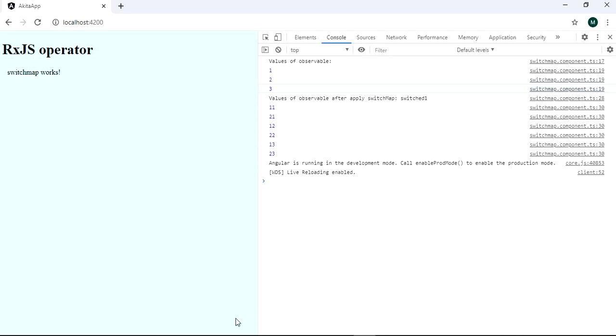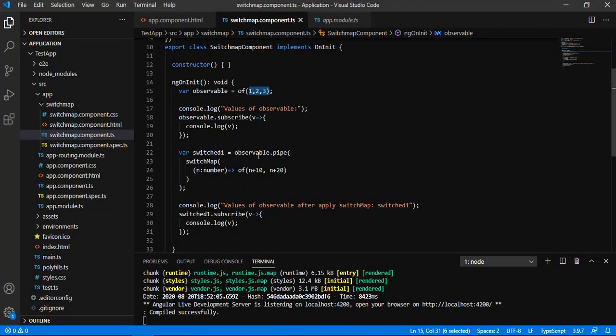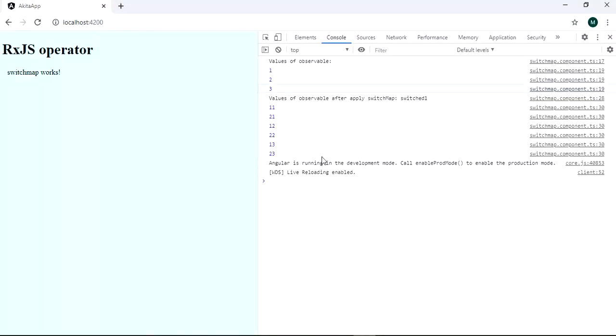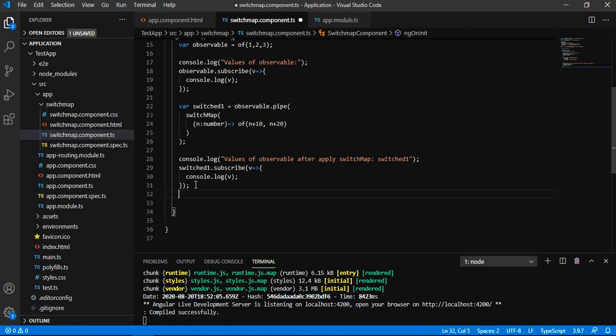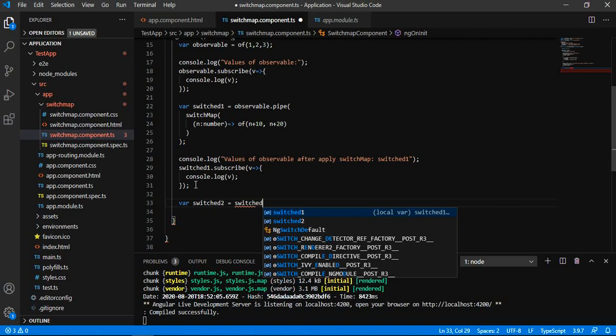That is the value that we will subscribe to in the switched observable, projected through the switchMap project method and emitted as values. For our convenience, let me start again. We will add one more switchMap operator on the already added observable. We have already added one switchMap, and now we are going to apply one more switchMap